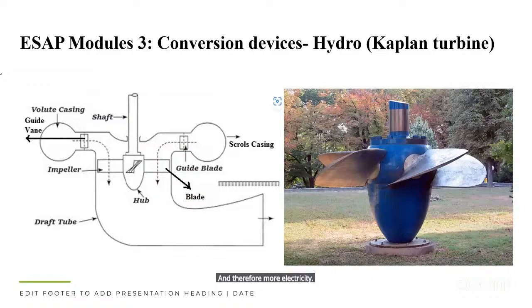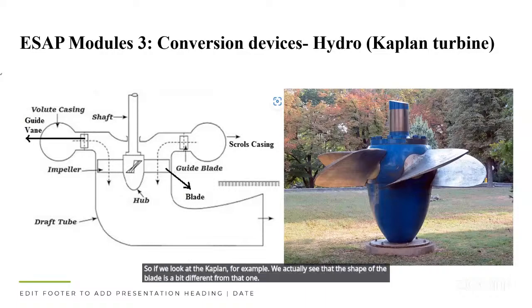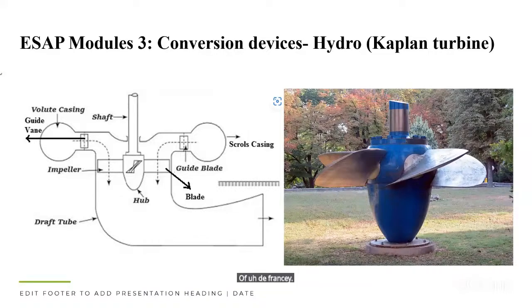If we look at the Kaplan, for example, we actually see that the shape of the blade is a bit different from that of the Francis. And this assists in terms of guiding the water to generate the required